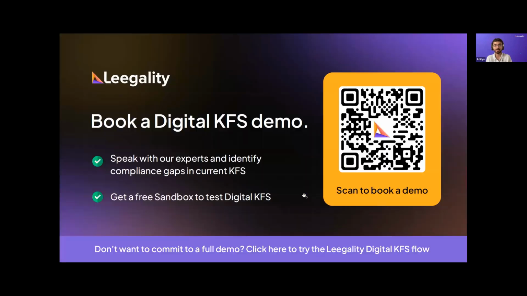The second question is about the email through which the KFS goes. Correct me if I'm wrong. The final email or WhatsApp when the document is signed should not be from the vendor name, it should be from the organization name. That's possible. You can send WhatsApp through your WhatsApp handle. It's a small implementation thing that takes a day or two. Our team will help you do that. If you want to send email from your subdomain, that is also possible, where it will be your org name at the signing link. You can customize the subdomain as well. So essentially, everything we showed you, you can have your branding and your name everywhere.